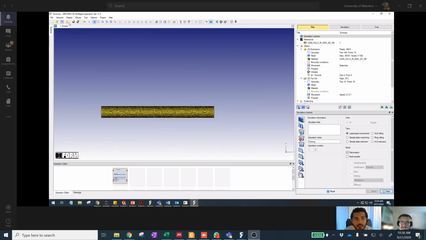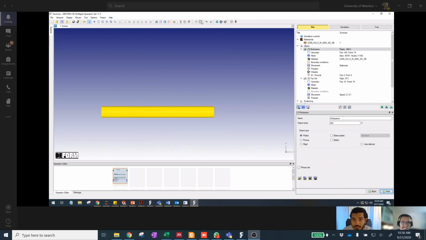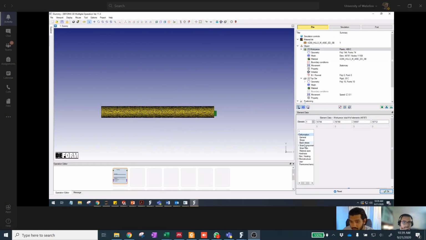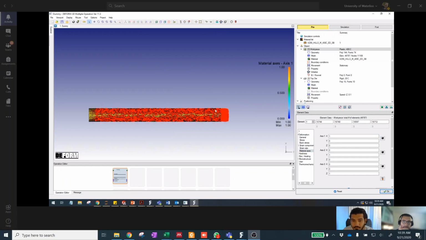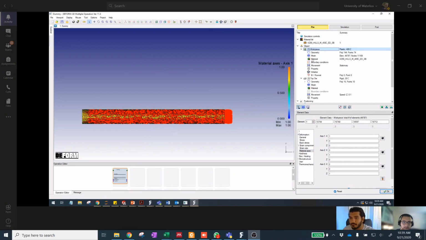So for this one here, I can look at the material axis. If we do that, this is what we see, and this corresponds to the input, right? And now if I want to,